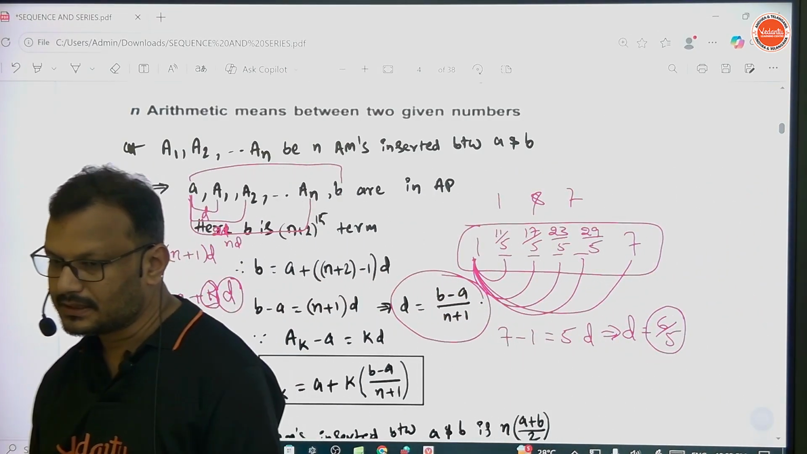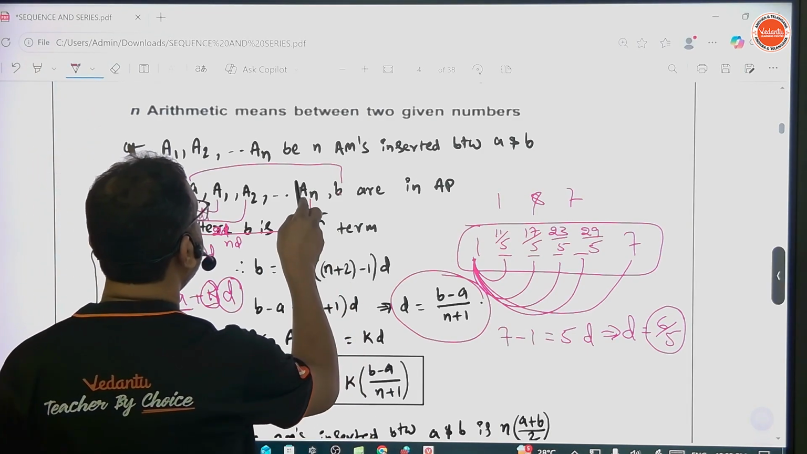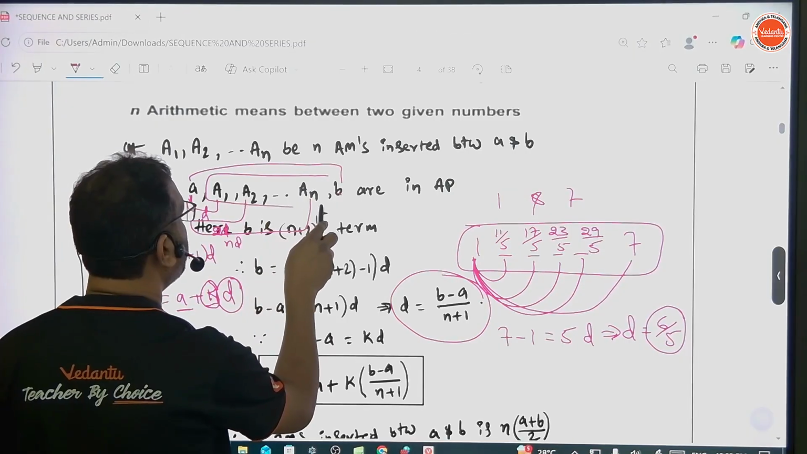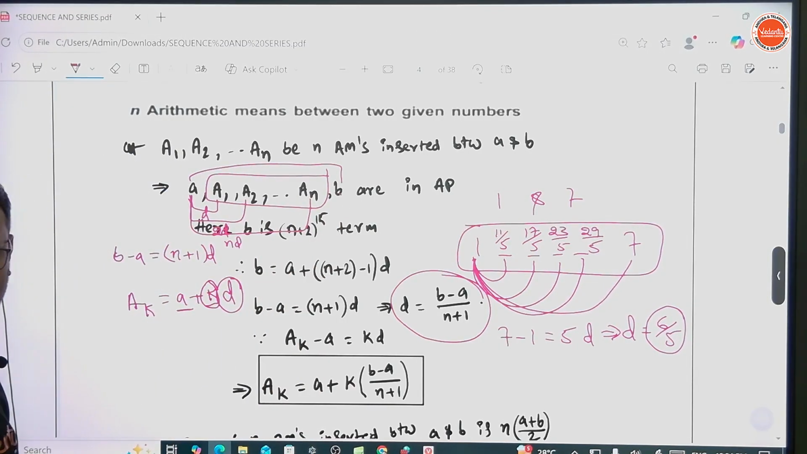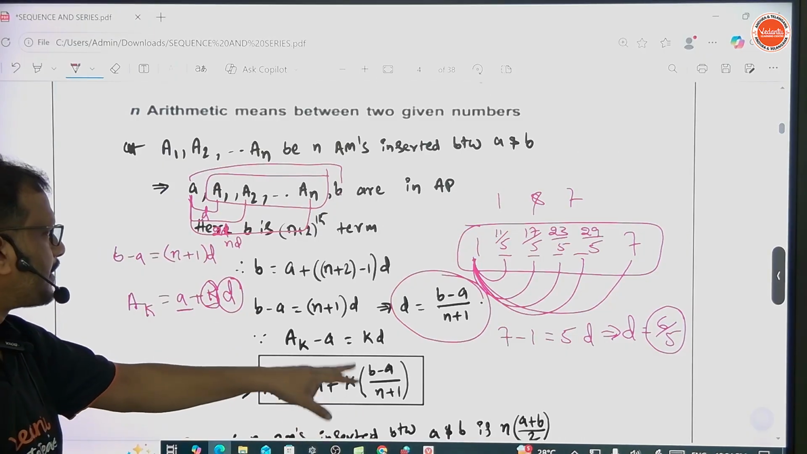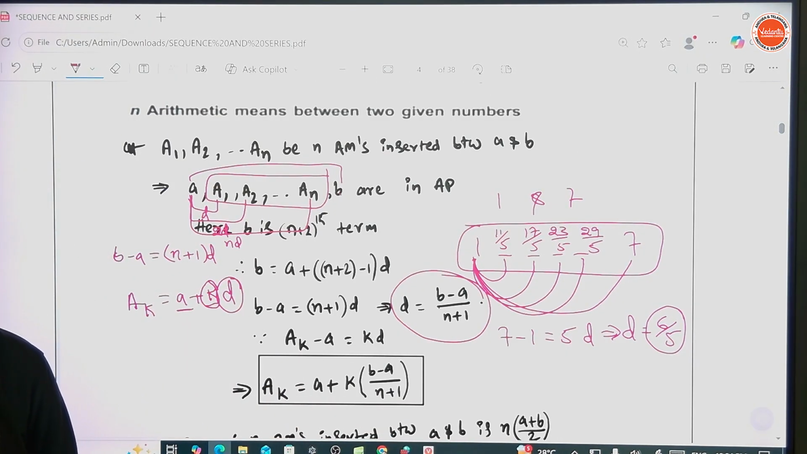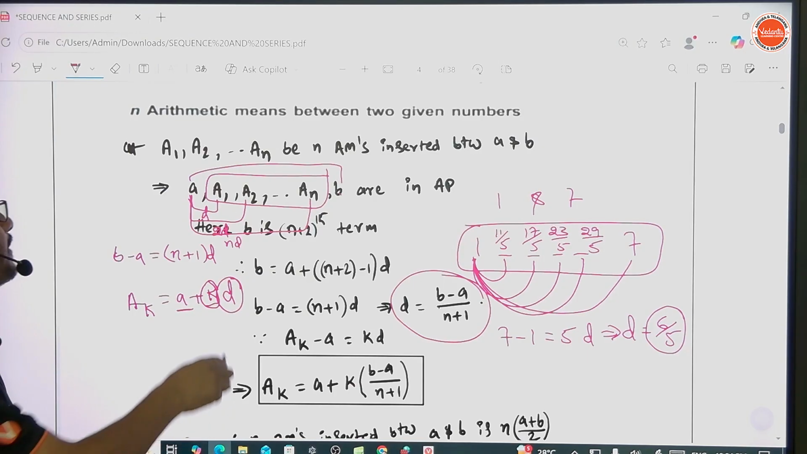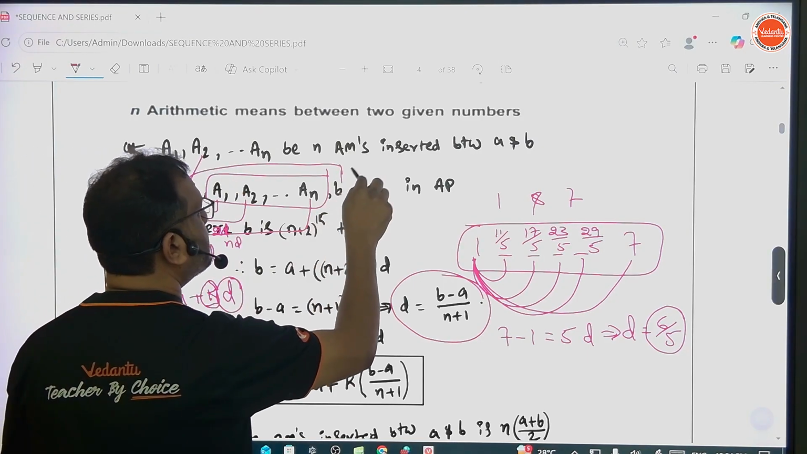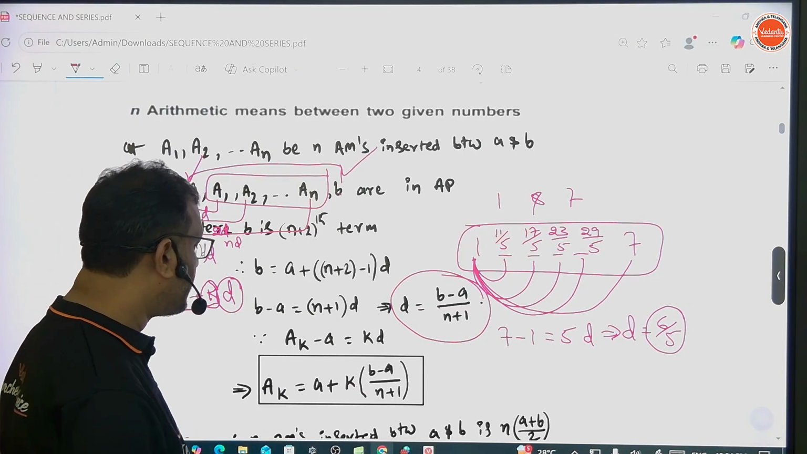Now, the best part in this is, for example, if you add all the numbers which you are inserting between A and B, the sum of those numbers will be equal to n into the average of the first number and last number. If you add all of them, like how it will get, for example,